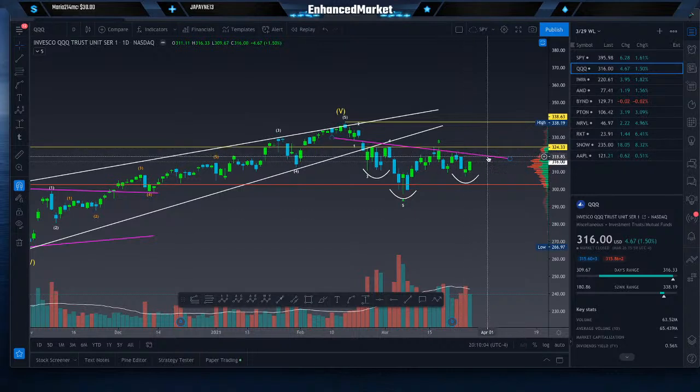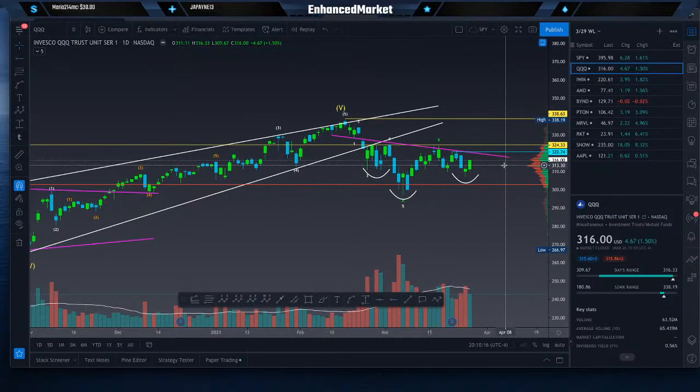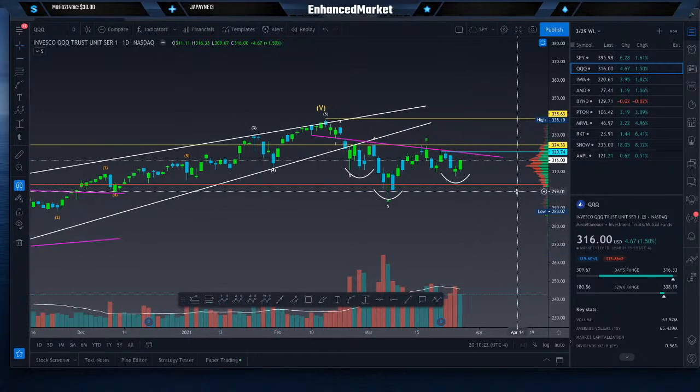So I'm looking for a break of this trend line, which I would play around that 321 level, right at the break of this candle, which let me draw it for you so we can have an accurate level. Probably that level, 320.74, right in that area. I'd like to play calls if you like QQQ. Not everyone likes to play ETFs, so